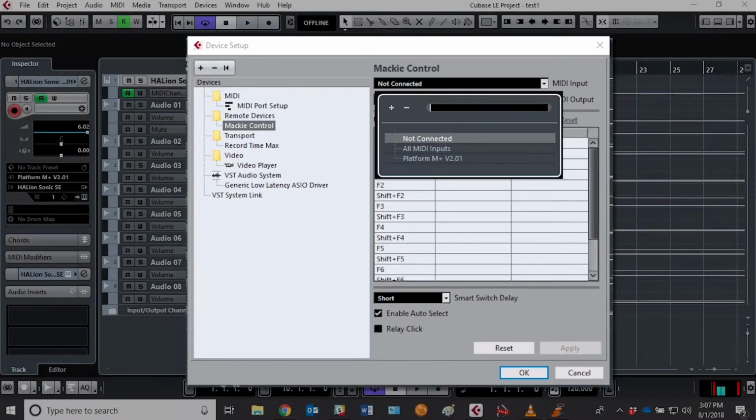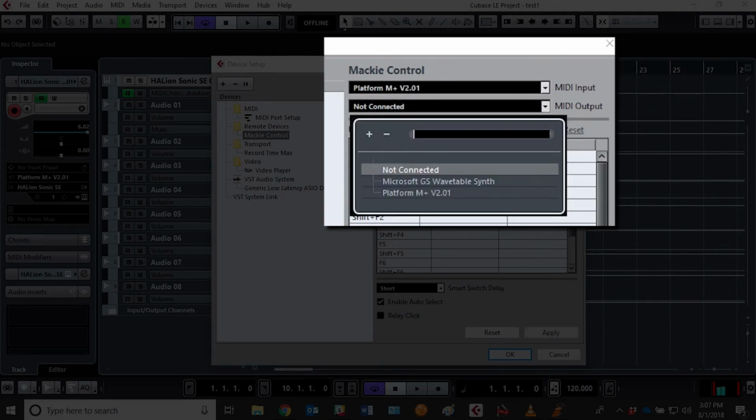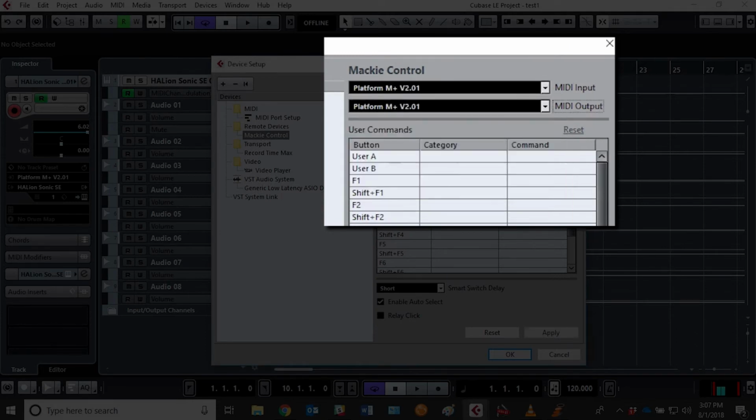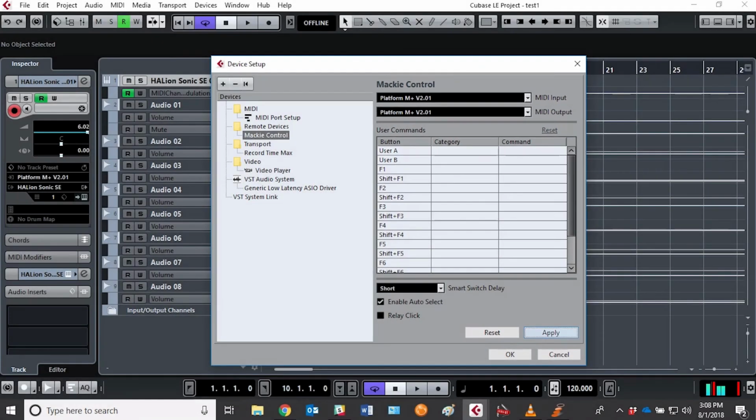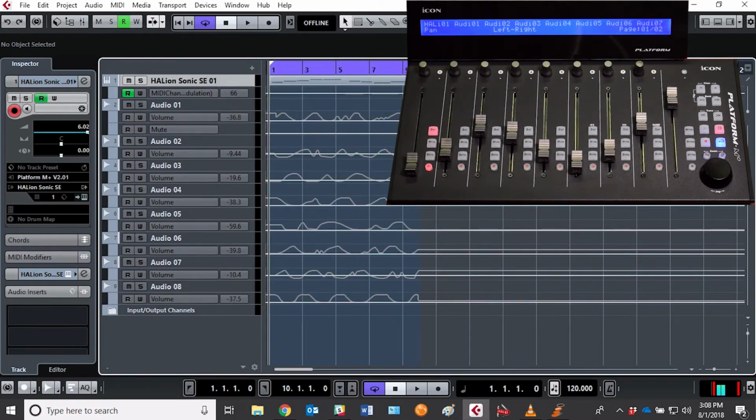And then under Mackie control, MIDI input, you want to select the Platform M+ 2.01. For the output, the same, 2.01. Hit apply, and you'll see that the faders have snapped into position. That's because I have some automation on my tracks. Hit OK, and let's take a look